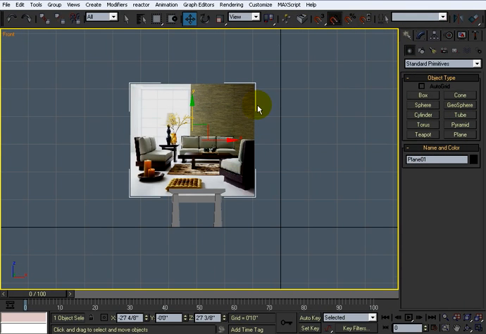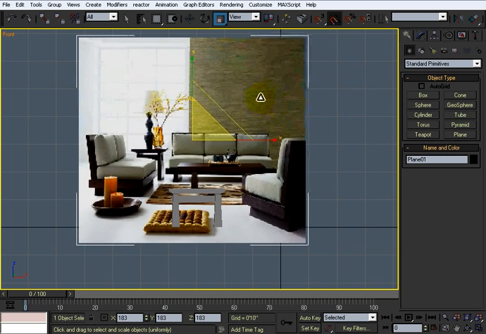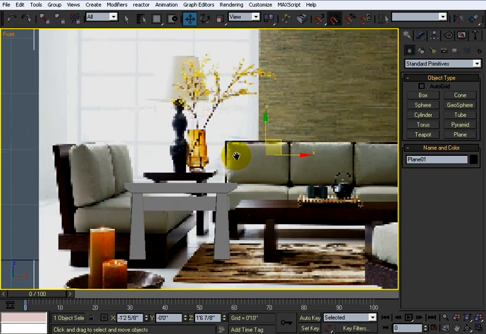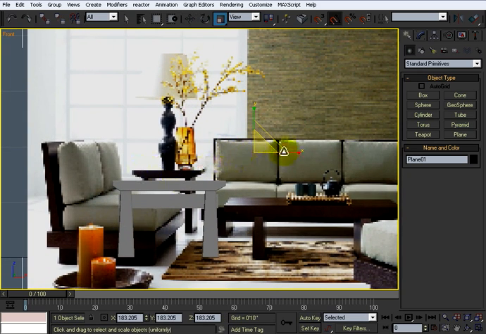So what we're going to do now is just some creative scaling. Just hit R and just start scaling this up a little bit bigger and getting it into place. And I think what I'm going to do is just roughly get that coffee